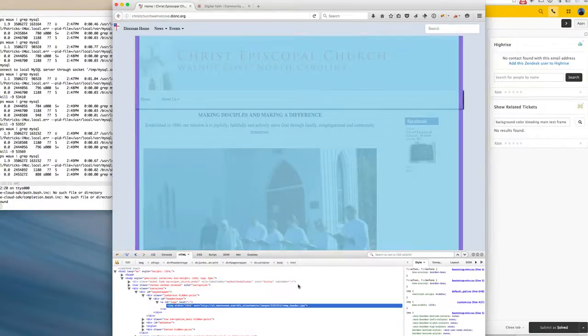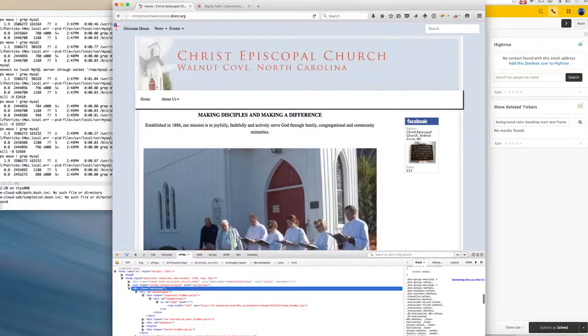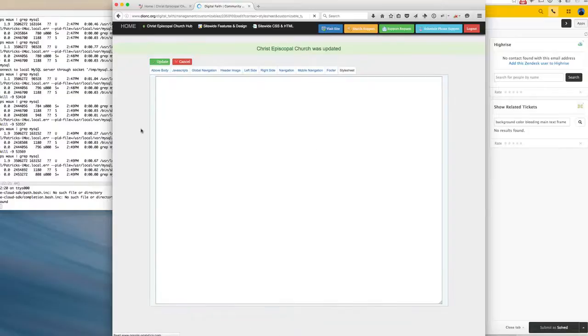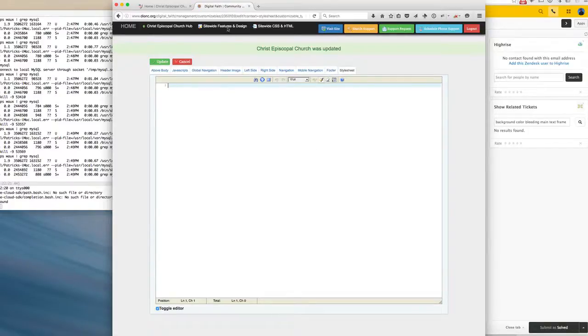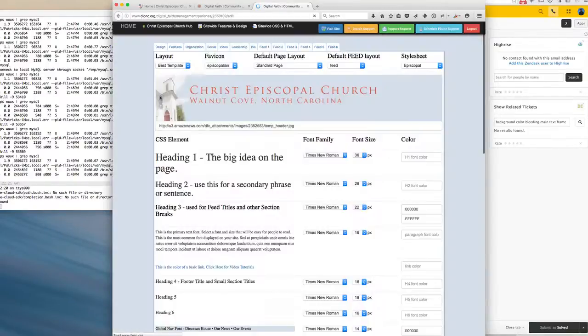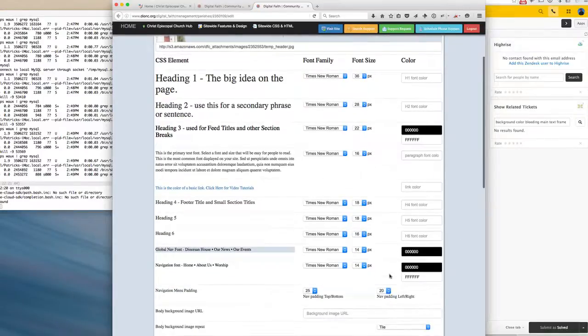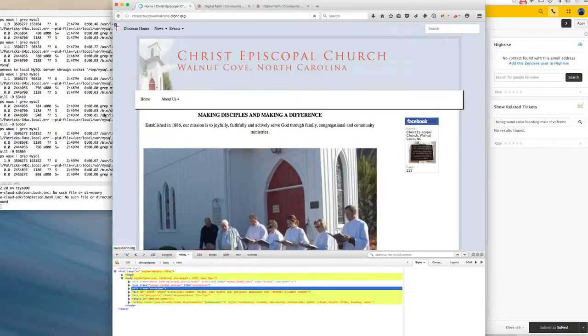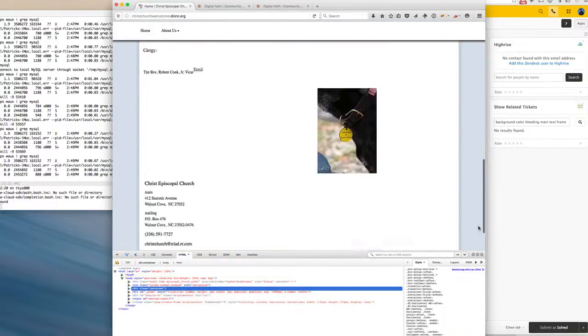Now, the other thing I can do is take a look at some of the other rules that exist in the custom CSS, and in this example I see container background white, so I'm going to go ahead and take that out, and I'm going to go ahead and remove this one as well. So now we have no custom CSS, and the only CSS that we're using is generated from the design tool, and we can see that these colors are being applied to the site. So let me just refresh this now without any of the custom CSS elements in there, and now we see the site kind of rendered